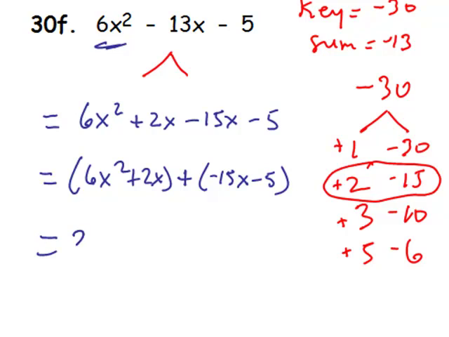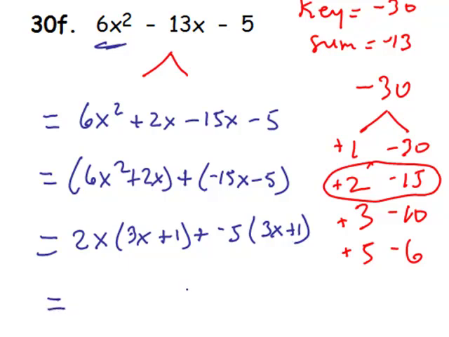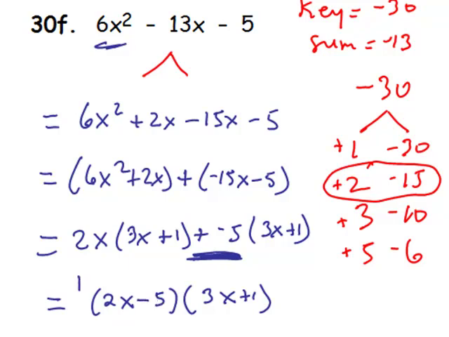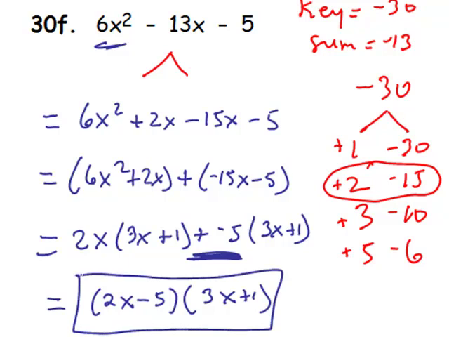Out of the first grouping, we factor 2x, and we're left with 3x plus 1 plus, out of the second grouping, we factor a negative 5, and we're left with 3x plus 1. And now we can factor out the 3x plus 1, and in doing so, we're left with 2x, and plus a negative 5 is minus 5. Same thing. Again, we can double check that by redistributing. Using the FOIL method, we could multiply